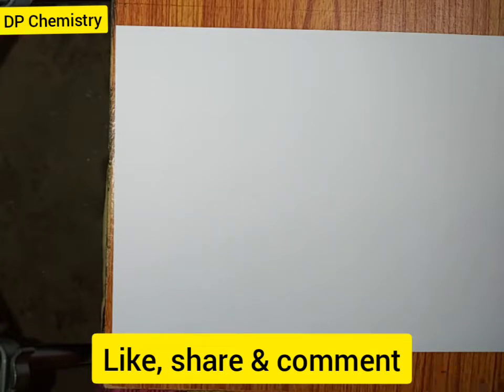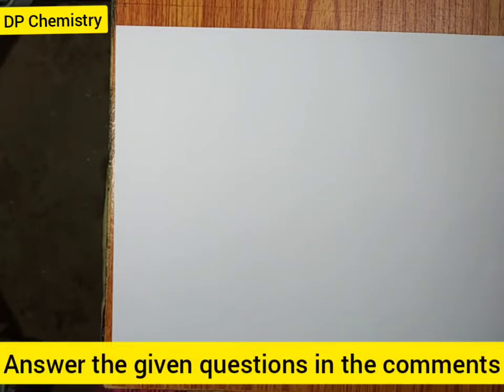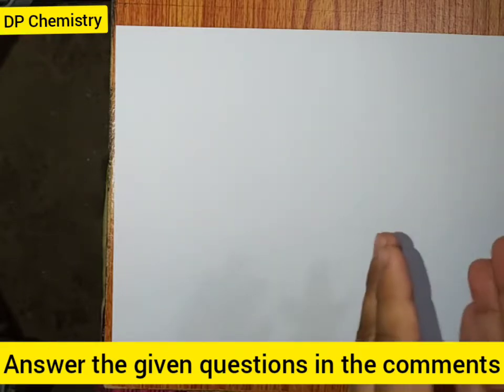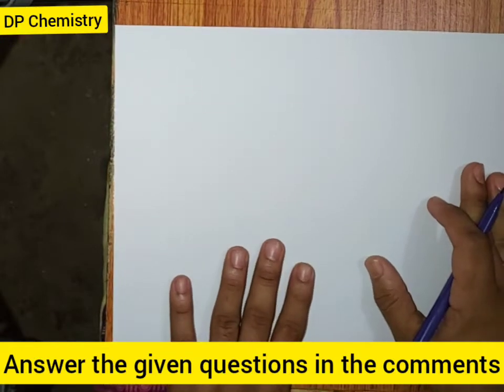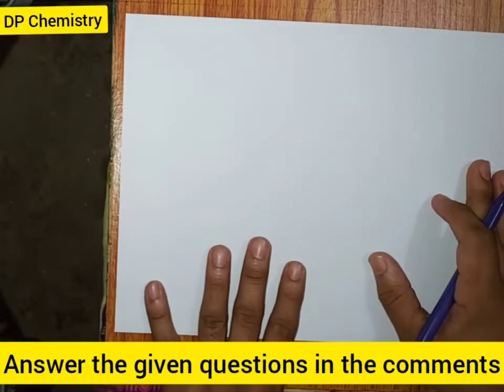In the previous class we discussed the Nernst equation. We use the Nernst equation to calculate the EMF of a cell when the concentration and temperature are given. The Nernst equation is all about the relationship between the EMF of the cell, the concentration of the electrolyte, and the temperature at which the reaction is carried out. Let me write down the Nernst equation again.